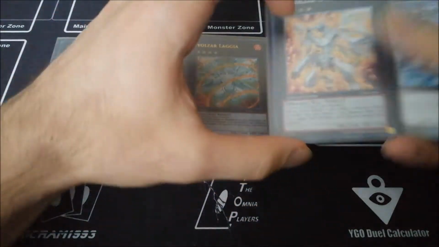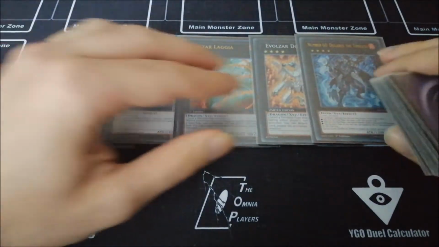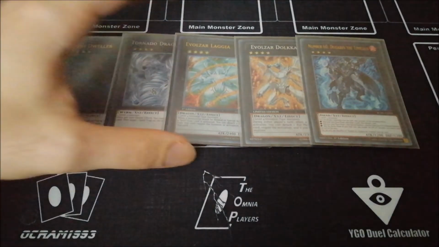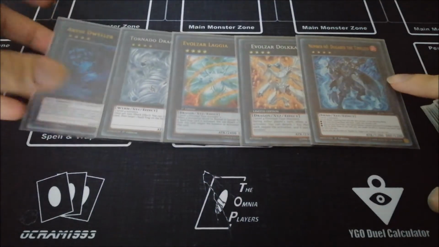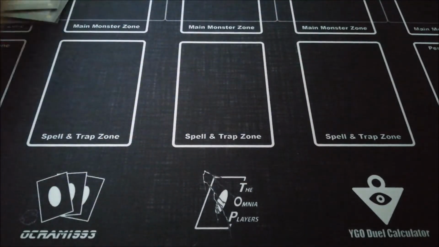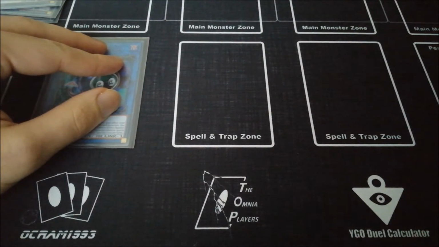Then the one Lagia, the one Dolka, mandatory, and number 60 Dugares, my favorite rank 4 of all time. You can win a lot of games thanks to this, and thanks to its ability to double one of your monsters, so you can double the attack of the Tyranno that will become a 7k, and that's a lot, trust